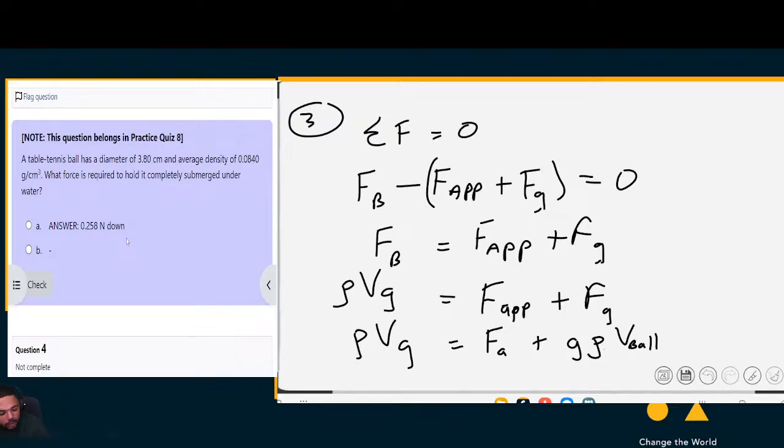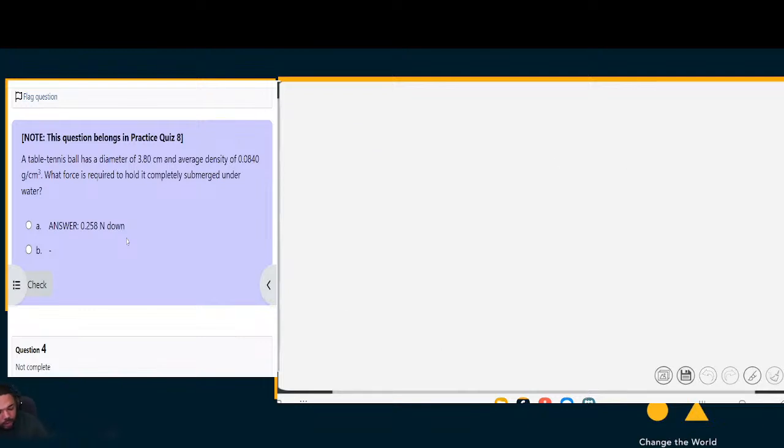Okay, that is the density of the ball. That is the force applied, and here this is the density of the water, and here is the volume of the water displaced. So there we have a formula with all of our unknowns in there. We want the force applied. So by rearranging the equation, we get that the force applied is equal to